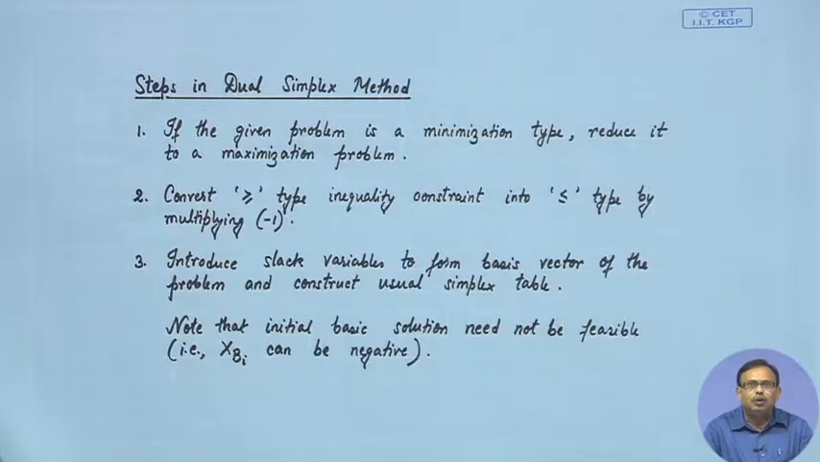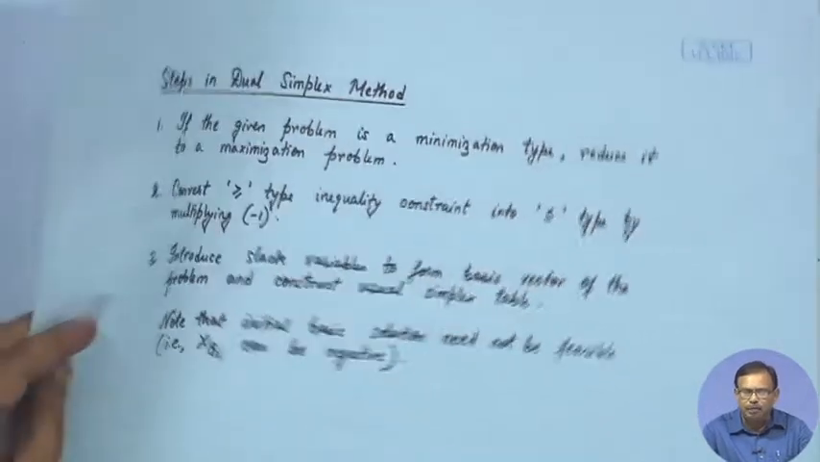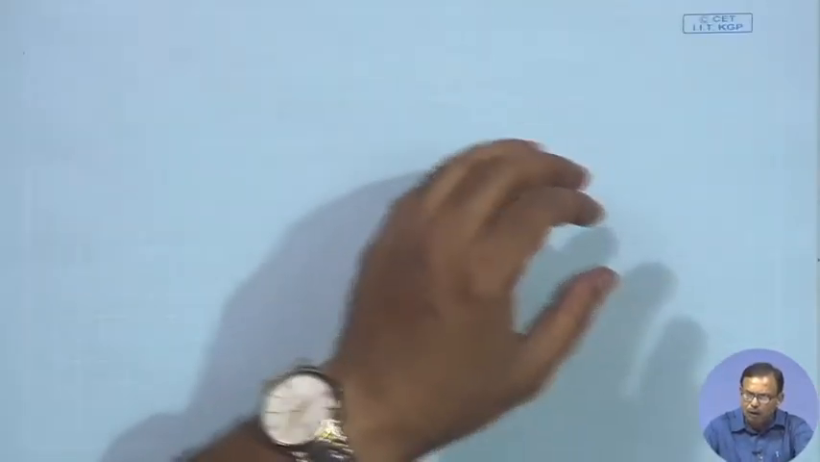So, you introduce the slack variables for less than or equal to type inequality constraints to form the basis vector of the initial simplex table. Note that the initial basic solution need not be feasible. That is, whenever you have the initial basic solution, the x_B can be negative also. Step 4,